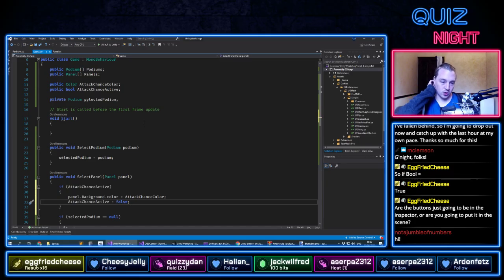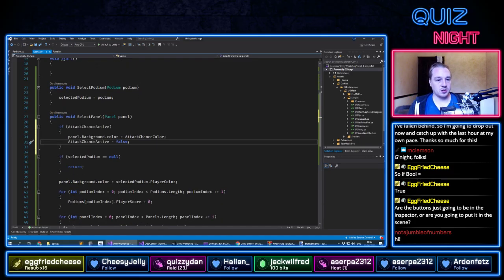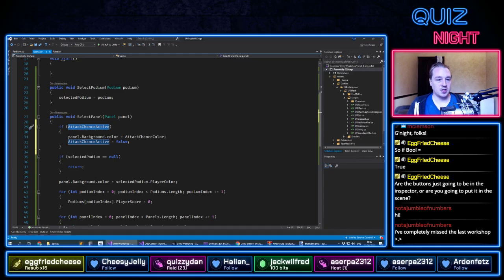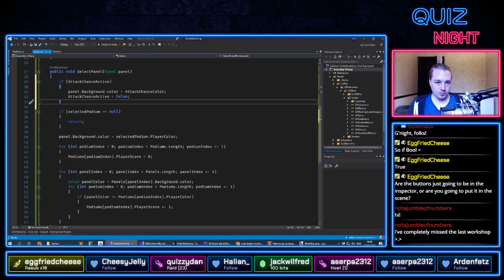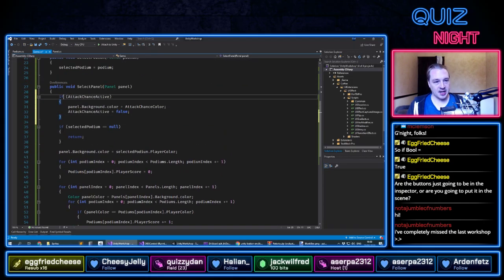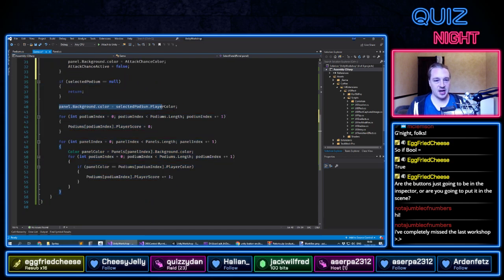So that becomes: if attack chance active, set the color of the background of the panel to the correct color for attack chance, and then set it back to false. Now, you will note that we still need to calculate the score after this. But if we don't have a selected podium or whatever, then this here is going to overwrite that